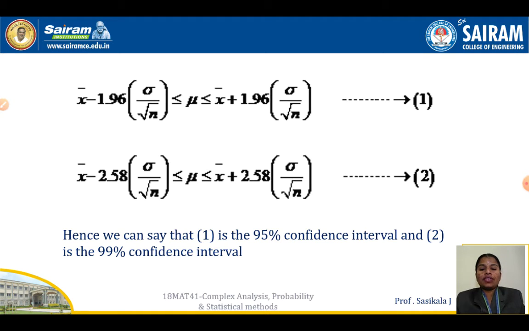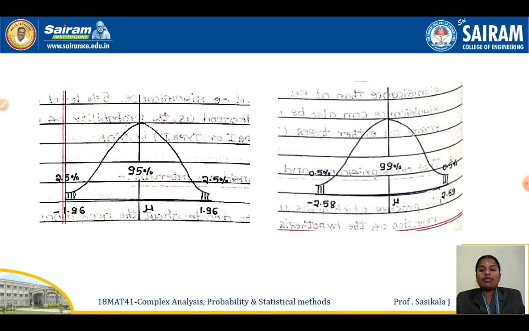So you have to remember these relations of your mean limits, because in exams you may get a problem asking for the confidence interval, either at the 95% or 99% confidence level. The next one you see is the 95% and 99% areas of your normal distribution table.